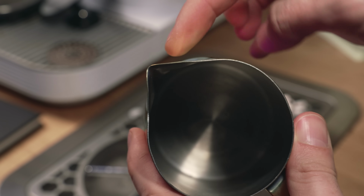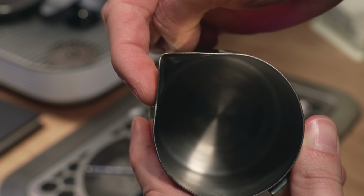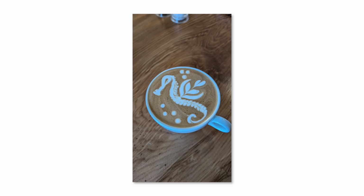You only need to look at competition grade jugs when you start doing competitions. The reason for needing this in competitions is that you want consistency, and cheaper jugs tend to be quite high on variance from jug to jug. A slight dimple or a twist in the spout when you're trying to pour the most perfect seahorse that ever was can mean the difference between winning a latte art competition and getting kicked out in the first round,